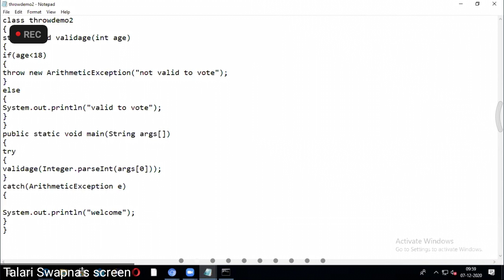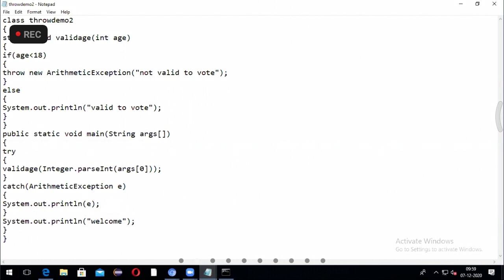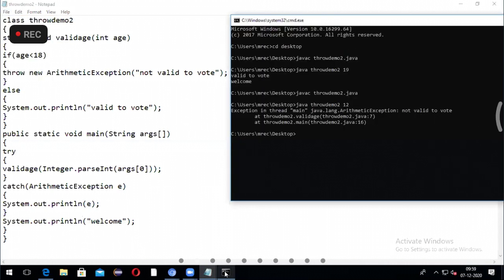Inside, you can give System.out.println to print the type of exception. We have handled the exception. Now let's close that catch block, which is used to handle the exception. Now let me save and compile once again.